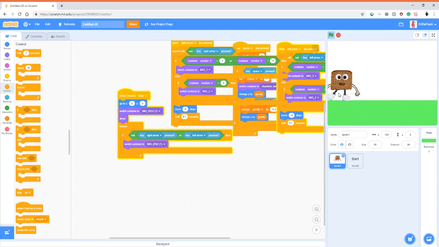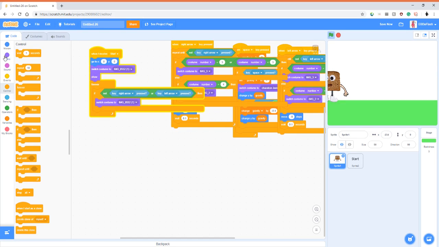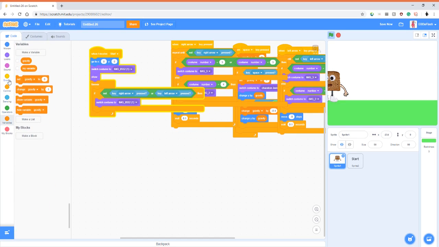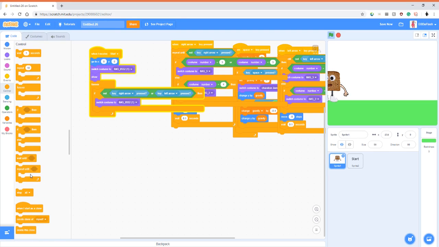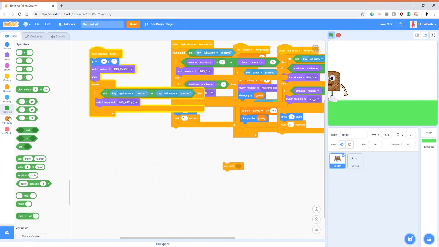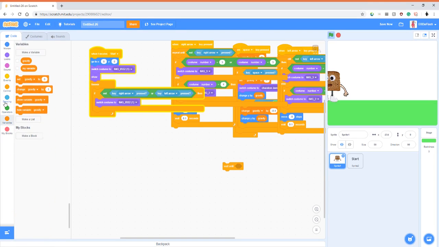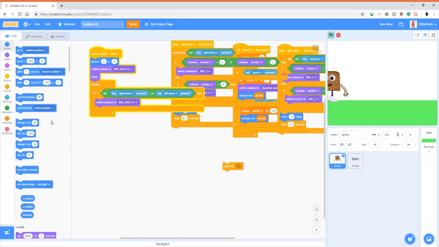So we're gonna bring him to the side, wherever you want him to start from. You pick the coordinates, and then you put a command for when. You put a when command, or like an if, or wait. Either one, they work. So you could do when or wait until. Then you would go motion, go X position, because that's the X position. The Y shouldn't change. So if the X position